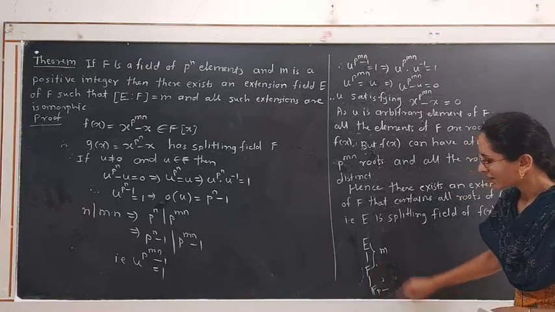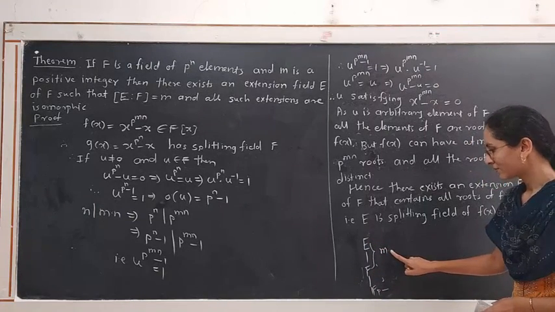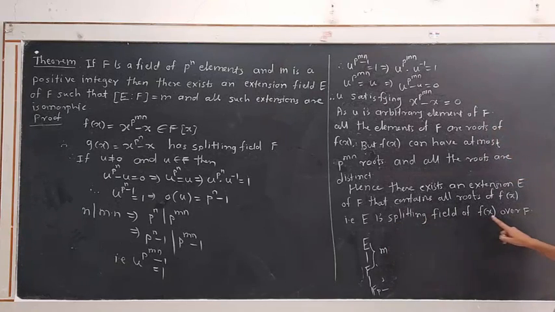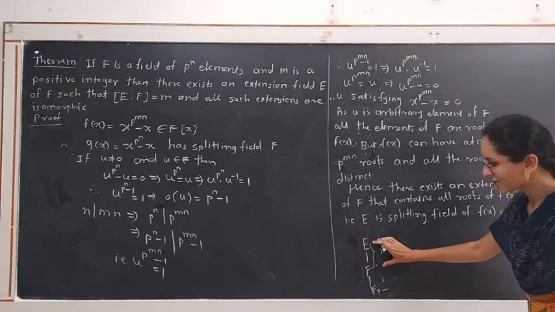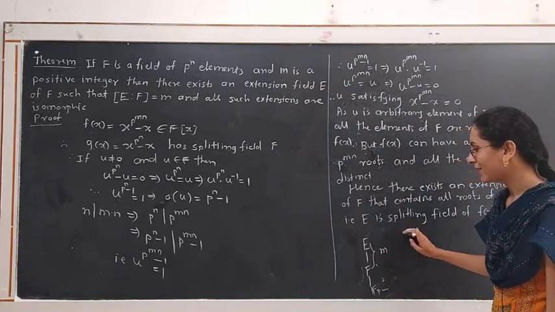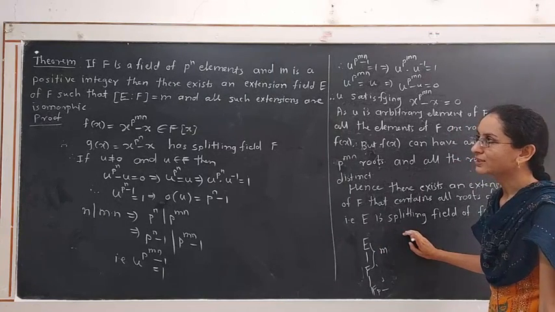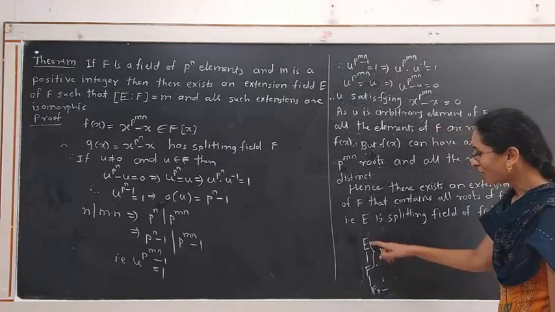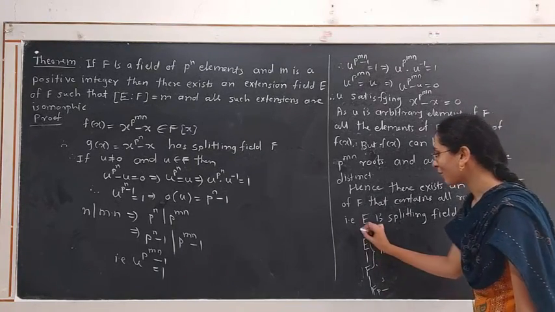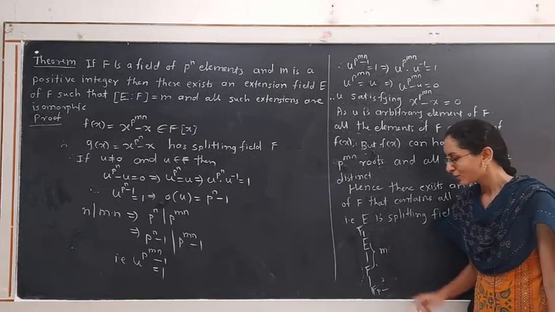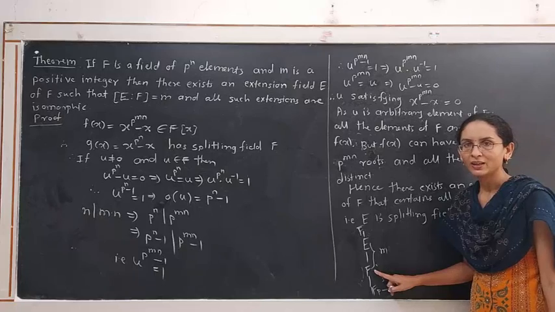And we have the extension E of F, of degree of extension m, that means the splitting field of f(x), but we know splitting fields of a polynomial are unique, hence these extensions are isomorphic. If we take another extension of field F of order m, then that extension is isomorphic with this extension E. And all such extensions are again subfields of F closure. F closure contains all such extensions whose order over the given field is m.